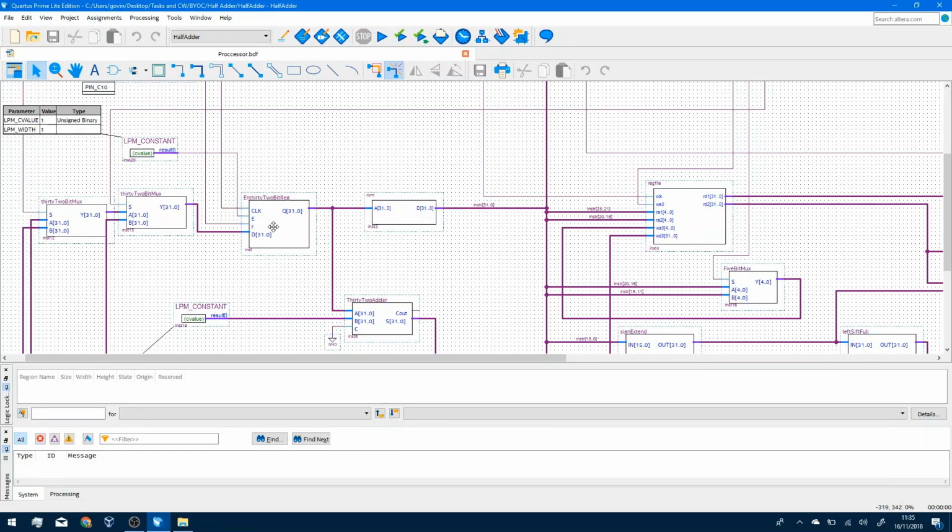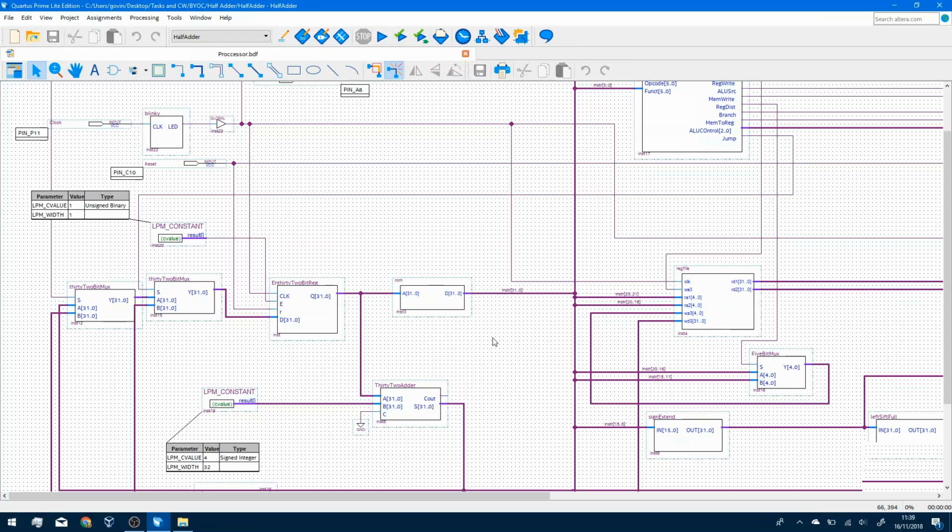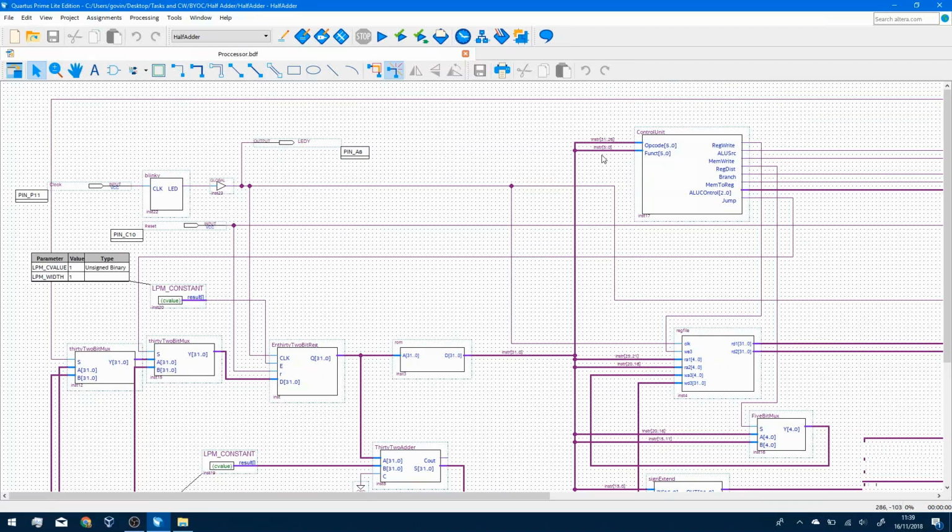We start from the beginning at the program counter, which in this case is an enabled 32-bit register. After resetting the processor using the reset switch, the program counter then outputs into the read-only memory, which fetches a corresponding instruction. The instruction is split up into its various parts. The left bits are used as the opcode for the control unit, and the right 6 bits are used as